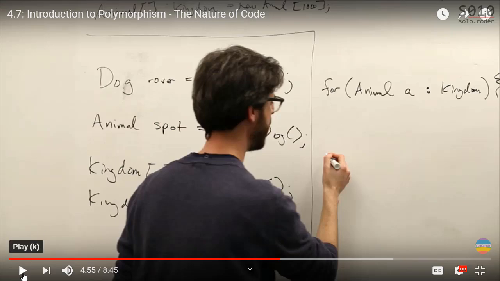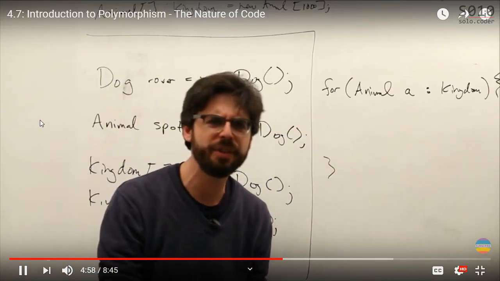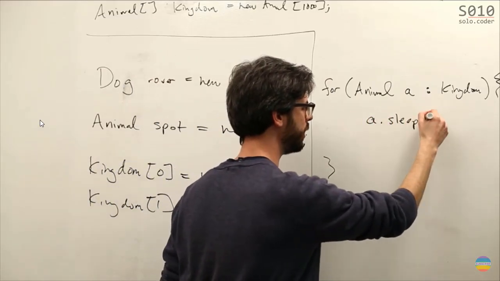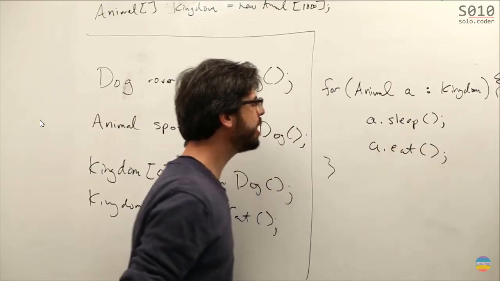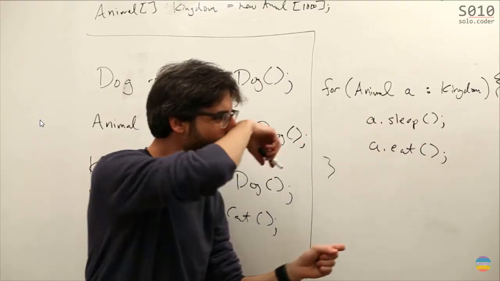So we can work in the group at the same time, even though they are different types of objects, but they have the same parent. What do our animals have? They had a sleep function and an eat function. I could say a.sleep, a.eat. So I could still loop through all of the animals, and when it gets to each one, I